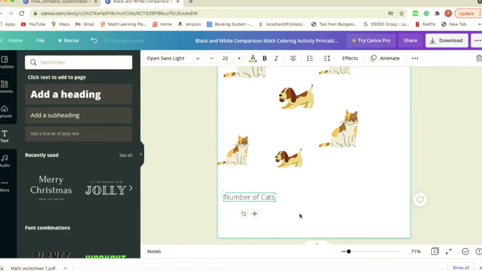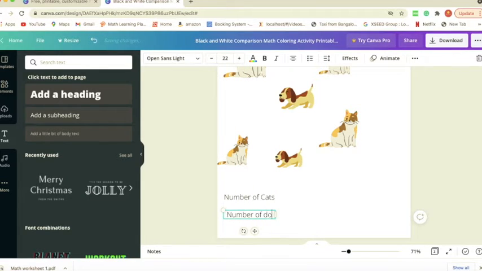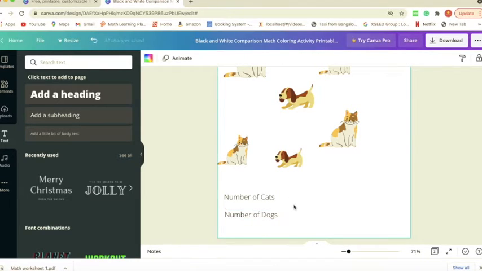So I've added number of cats. Now to duplicate it, I will select it, and on top you will see 3 buttons, and there is a duplicate button. Just duplicate it. Why? So that I don't have to type it again and again, and it creates worksheets faster.